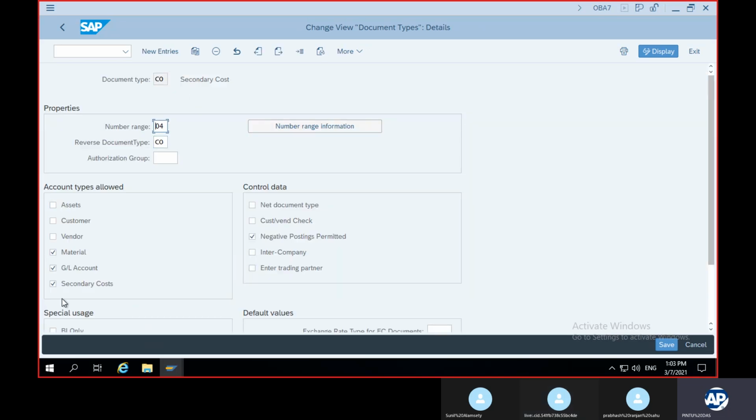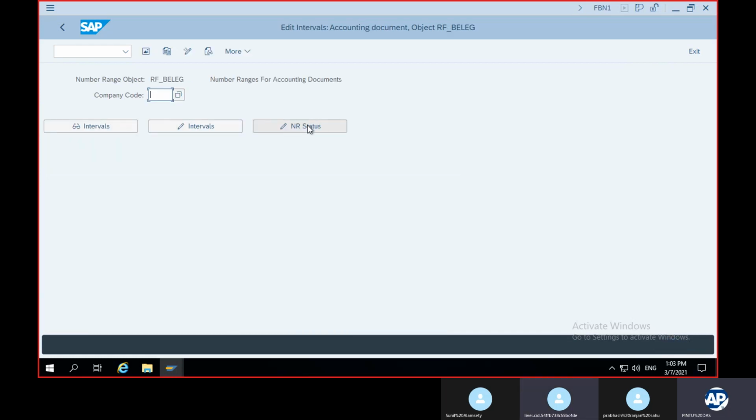Number range for CO. You can see material, GL and secondary cost, because it's a CO, it will hit your material account, GL account and secondary cost center. And no intercompany. CO cannot be posted to intercompany. It will be in your plant only. But negative postings are permitted.